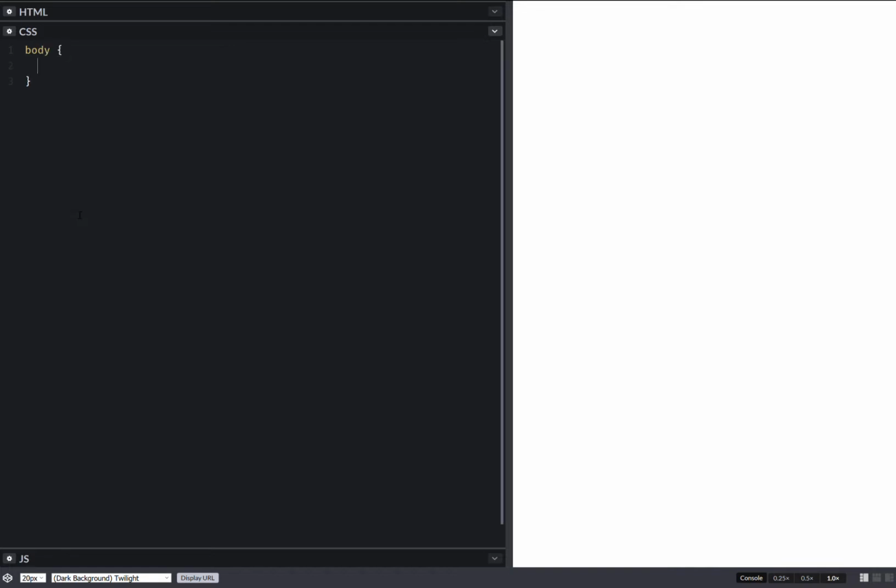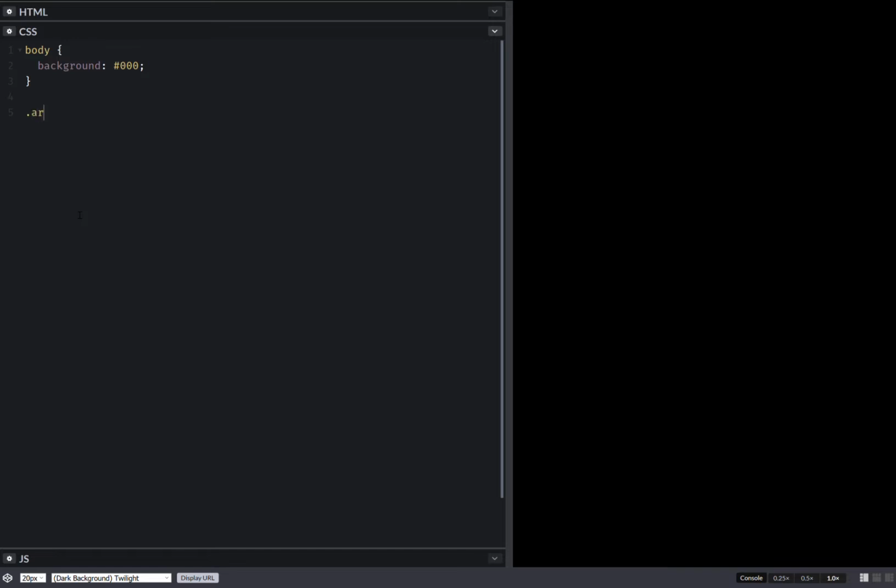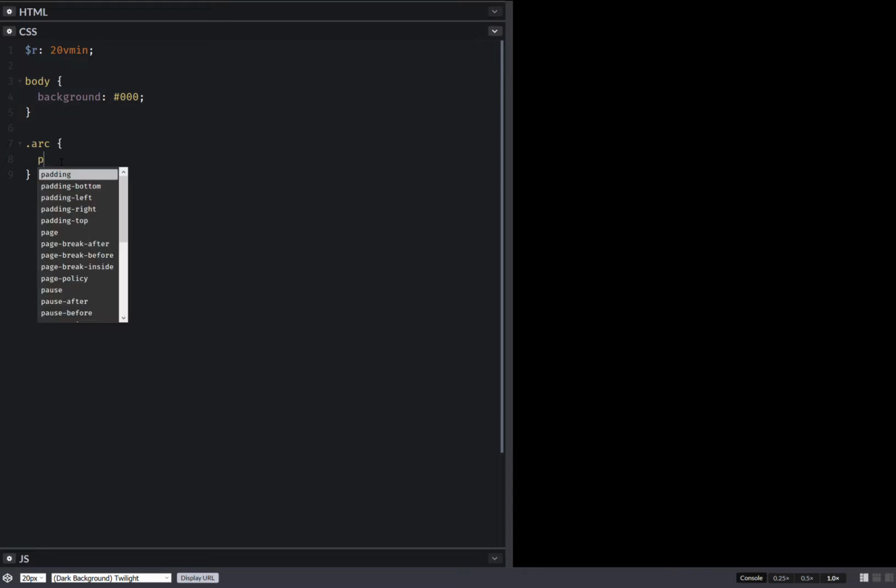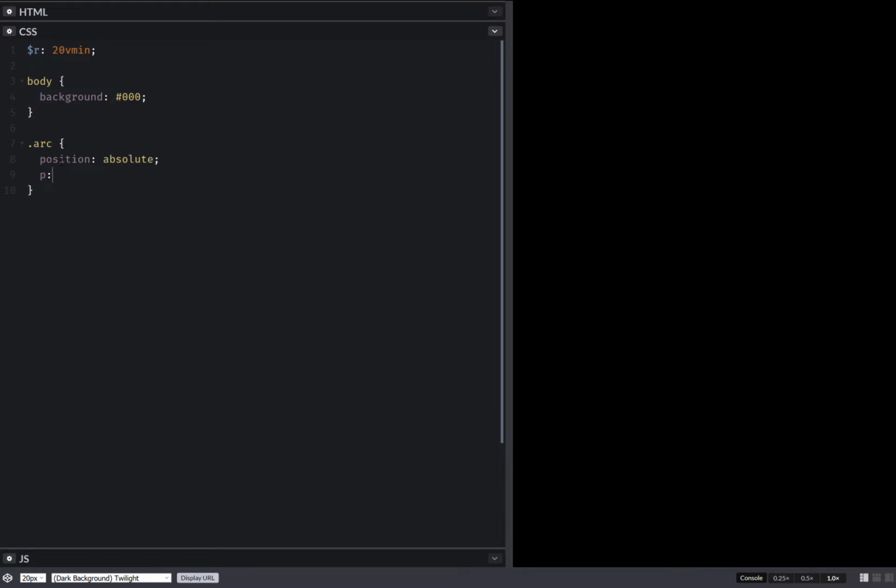Now let's set the background black, and then for our arc elements, first off we decide upon a radius, and that's going to be in viewport units. Okay, let's absolutely position this. Then we set radius, sorry. Let's also set a border, and this is going to be